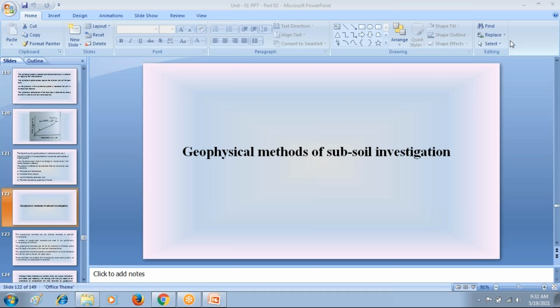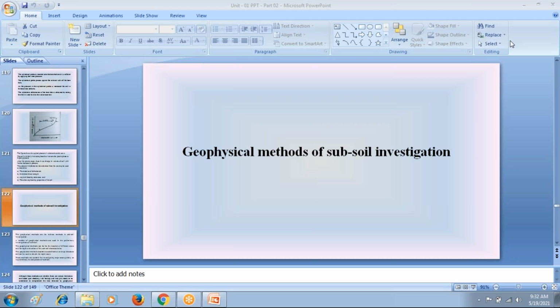In the semi-direct method, we drill the borehole into the ground, below the ground level. So in the semi-direct method, the civil engineer will not go inside the ground, but by drilling the boreholes below the ground level, we can bring the soil samples from the bottom of the boreholes to the ground level, and we study the properties of soils below the ground level. That is the semi-direct method of subsoil exploration.